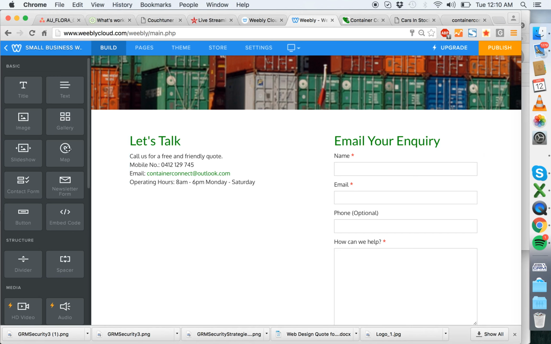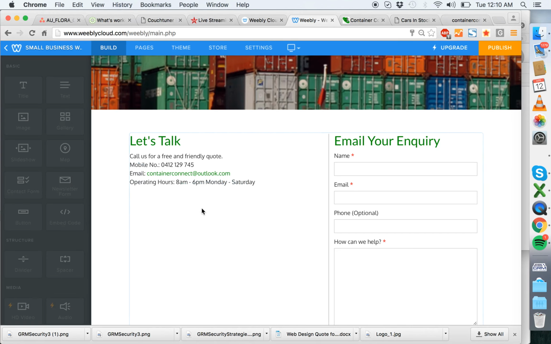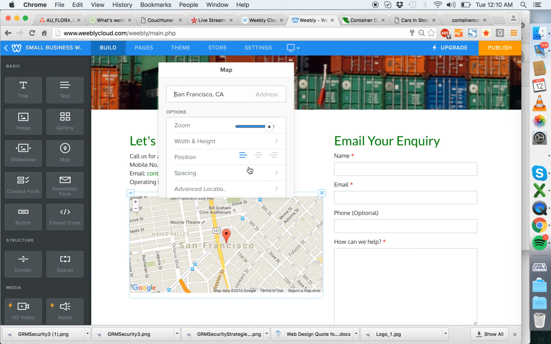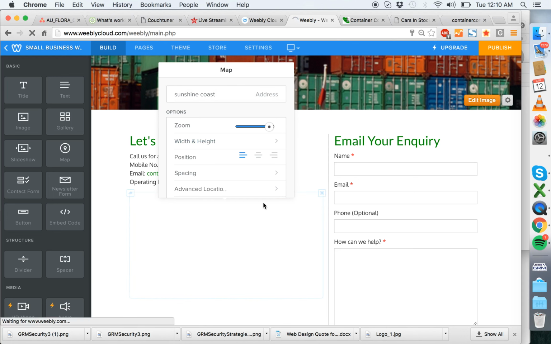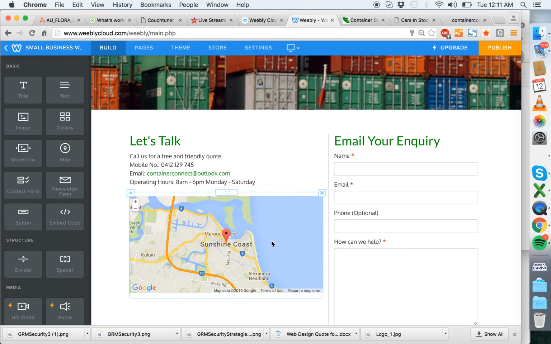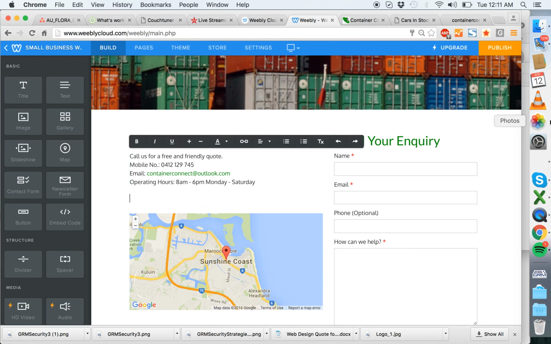what I do is I put a map here, just a general one, because she doesn't have an actual address. So I could put probably just Australia in general or the Sunshine Coast. Let's see if that works. Okay, sort of, yep. So she's actually based in Queensland, and what I would say is here I'd write,